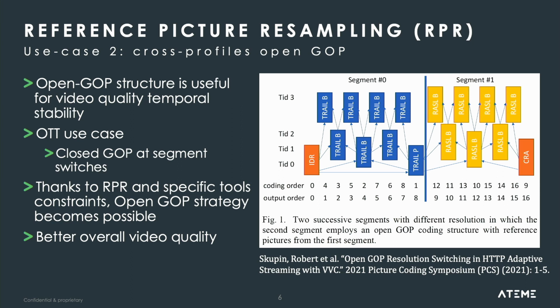Another use case for RPR is cross-profile open GOP. In an adaptive bitrate scenario, you want to be able to move between profiles. And the overwhelming use in the industry is to put an IDR on the first frame of each segment. So not just an I-frame, but an IDR, which means that every frame in this segment can't reference older frames. And with RPR, you can break away from that. This IDR has benefits. You can obviously move between profiles. You can do seeking. But this has a very big video quality impact,